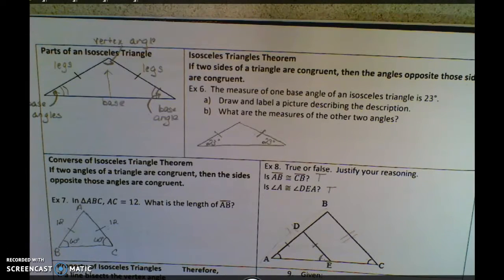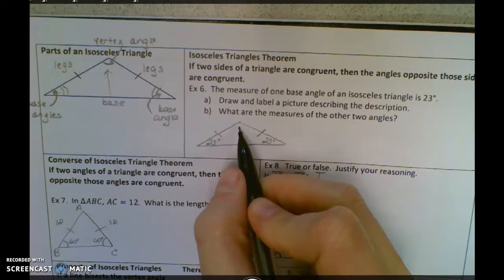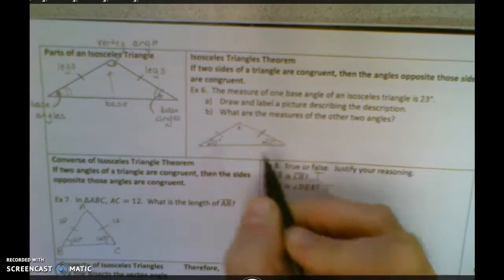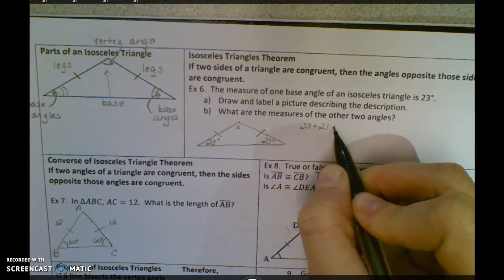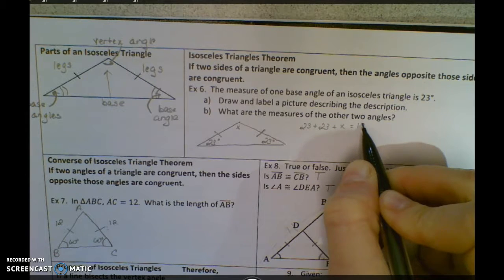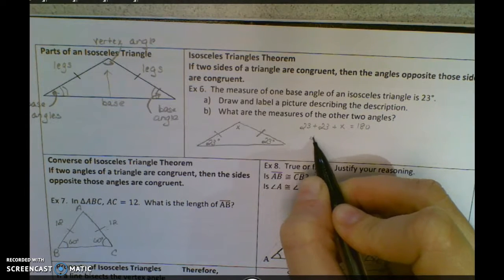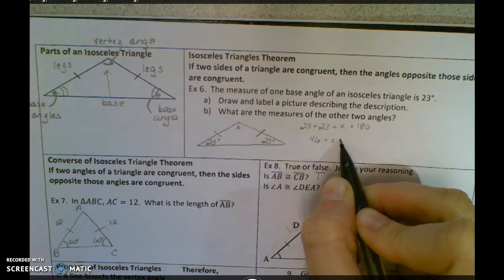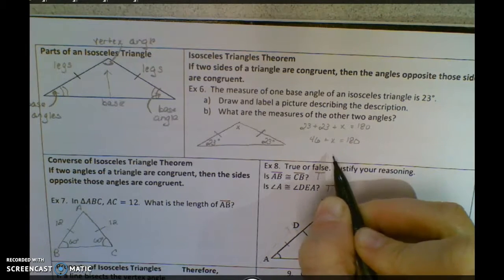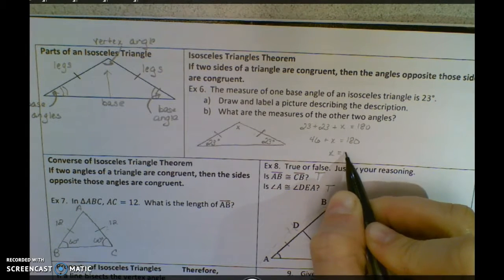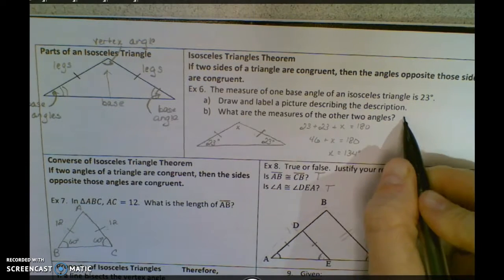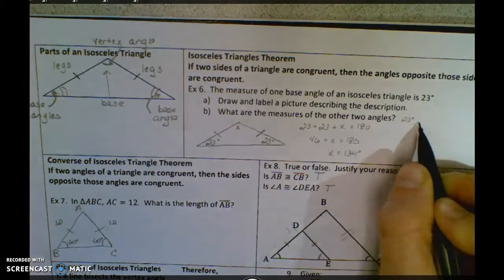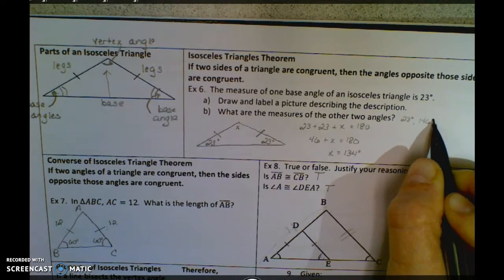So super helpful, especially because I want to know the measures of the other two angles. We just found one of them. There's only one other angle that's missing. And angles in a triangle add up to 180 degrees. I'm going to add the angles I know, 23 and 23, and set it equal to 180 degrees. So when I combine like terms, I'd get 46 plus x equaling 180. And when I subtract from 180, I'd get 134 degrees. So the other two angles in the triangle would have been a 23 degree angle and a 134 degree angle. You have